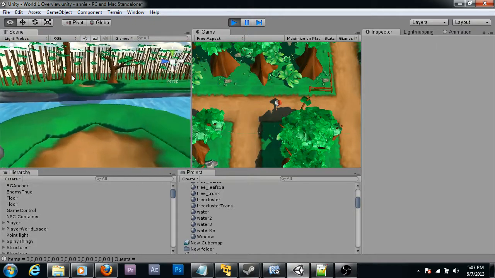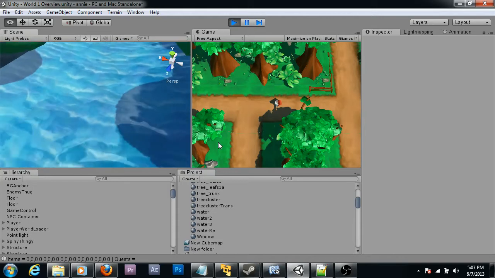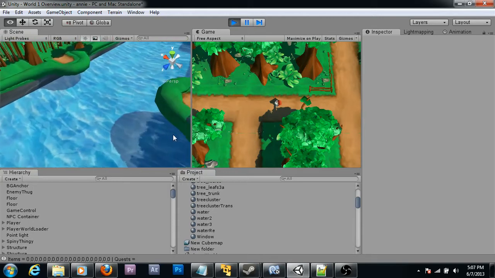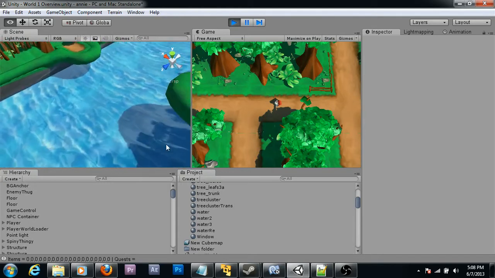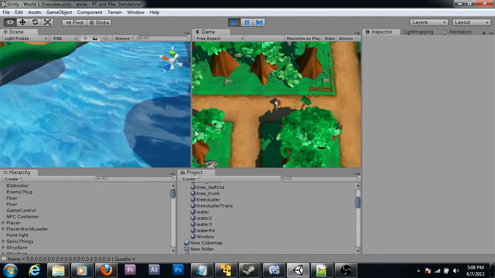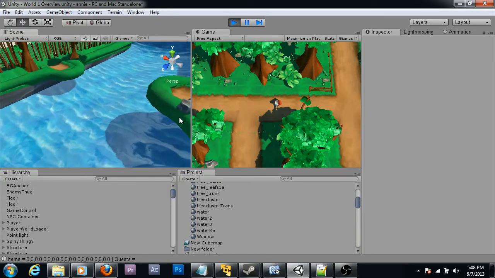So the artistic style we're taking is a very storybook approach. It's very much like a pop-up storybook. So there's our water. And it's actually not too bad, so I just need to adjust it for different scenarios. Anyhow,